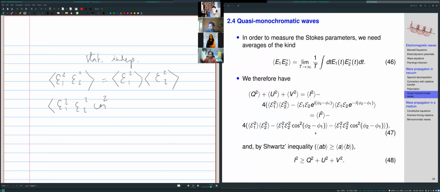So this is probably a typo because I've got twice the same thing. Okay, I'm assuming that this is a sine. I'll try to correct this later on when I find the right expression. And so the idea here is this, is that cos squared of phi 2 minus phi 1 is greater, no, sorry, this is less or equal than